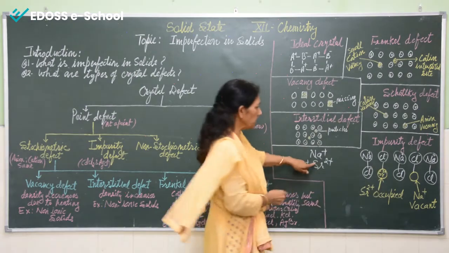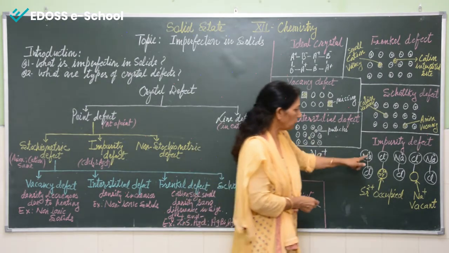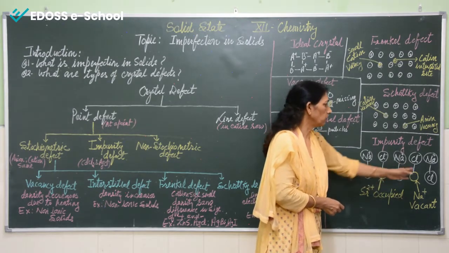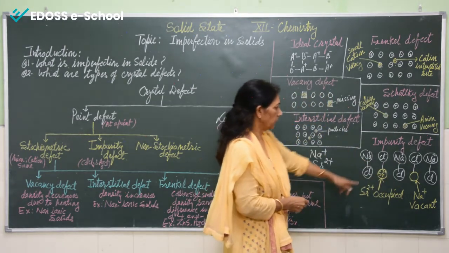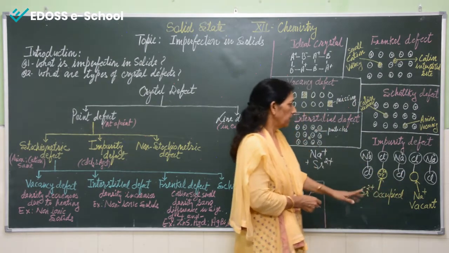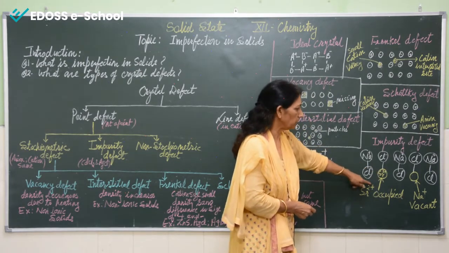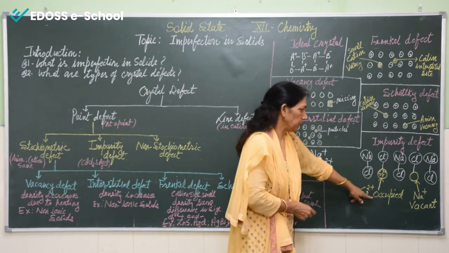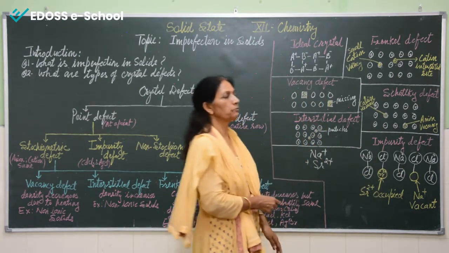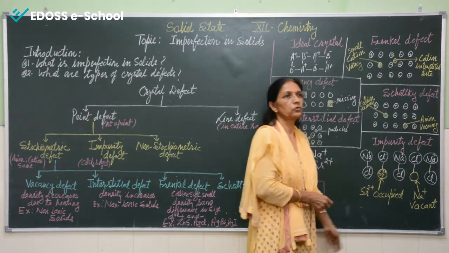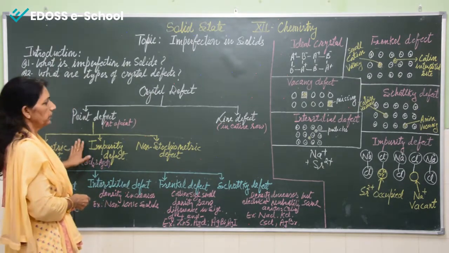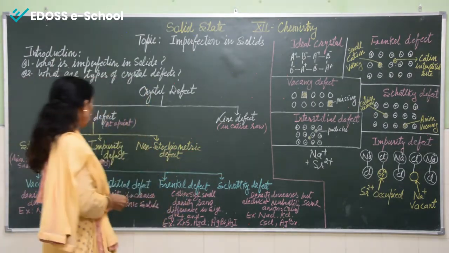Because strontium is having two positive charge, two sodium ions will be replaced from the space. Okay, so we can see here sodium ion, this place will be vacant, and at another place where sodium ion was present, here strontium will occupy. So two positive charges will balance the two positive charges of two sodium ions. So in this way, in impurity defect we can see what is happening,